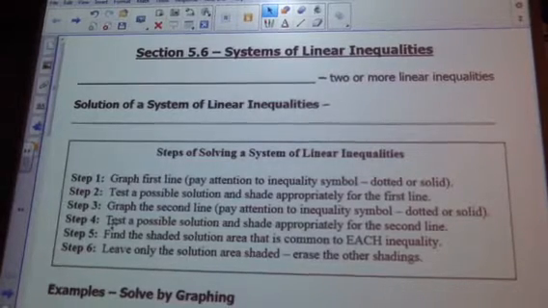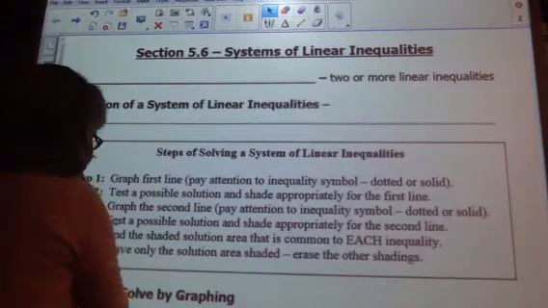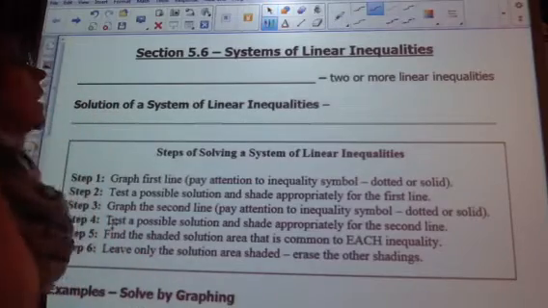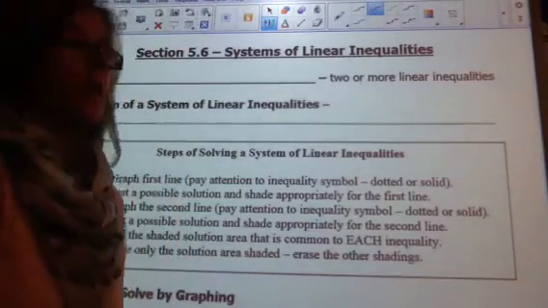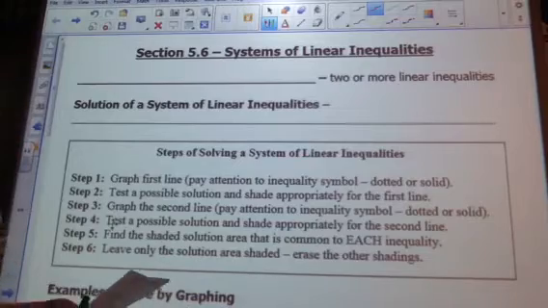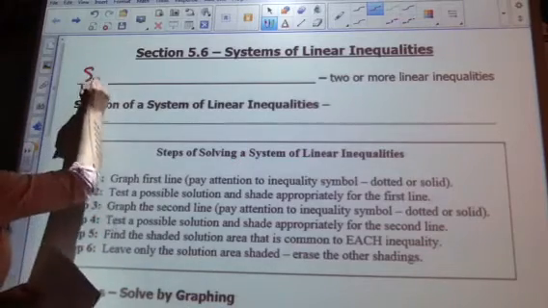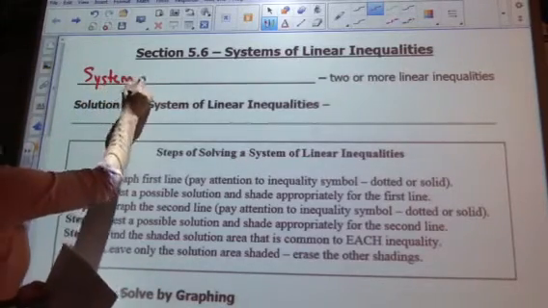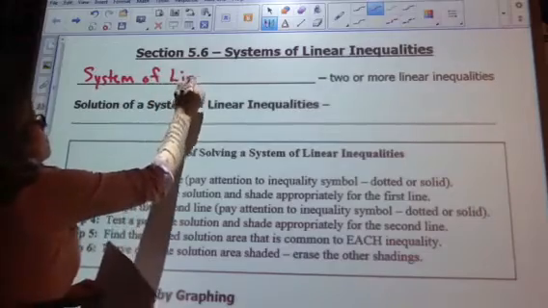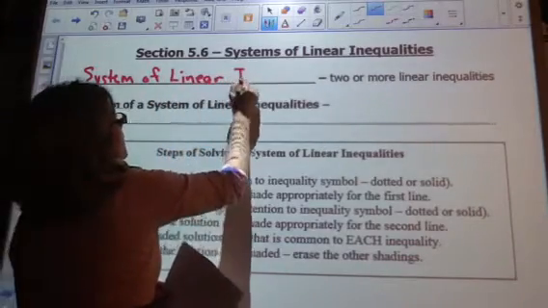All right, class, we're going to do Unit 5, Section 6, solving systems of linear inequalities. Okay, so a system of linear